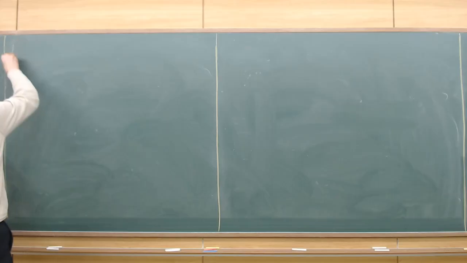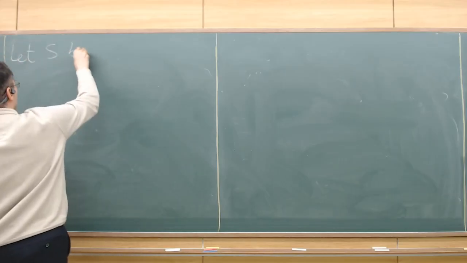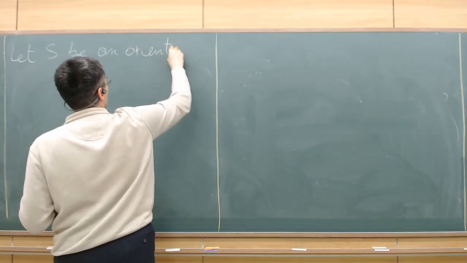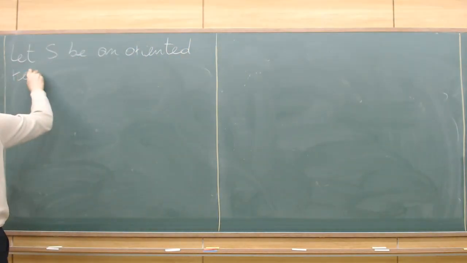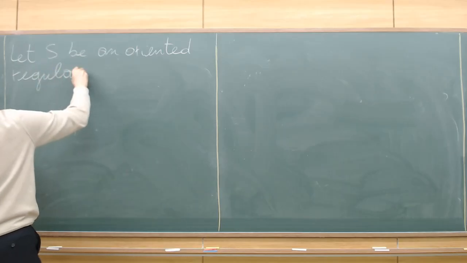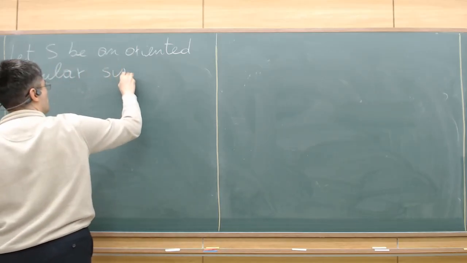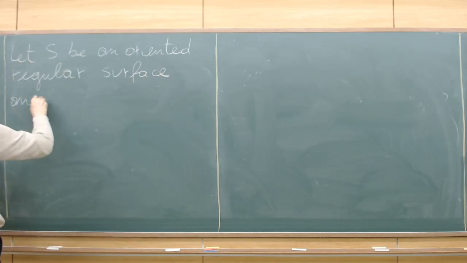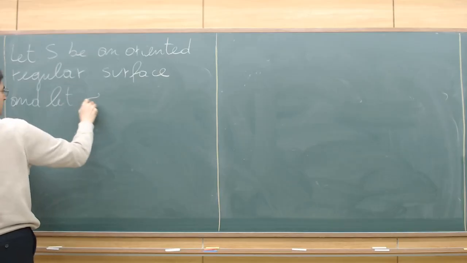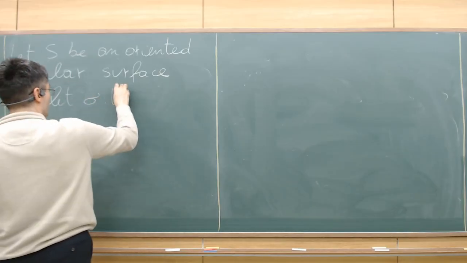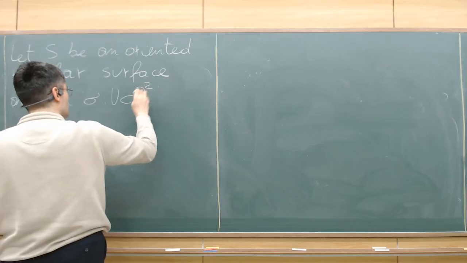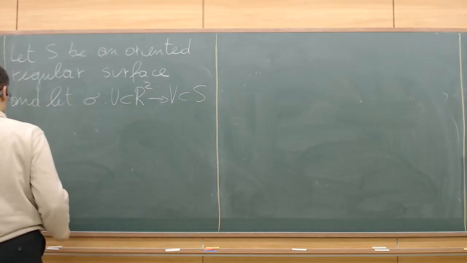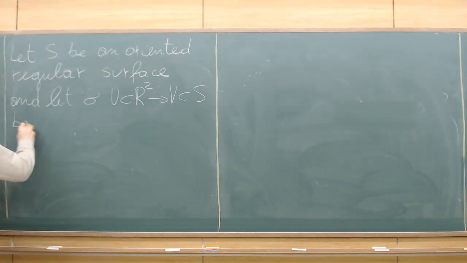So let S be an oriented regular surface, and let sigma, defined on an open set U of R2 with values in V subset of S, be a surface patch,